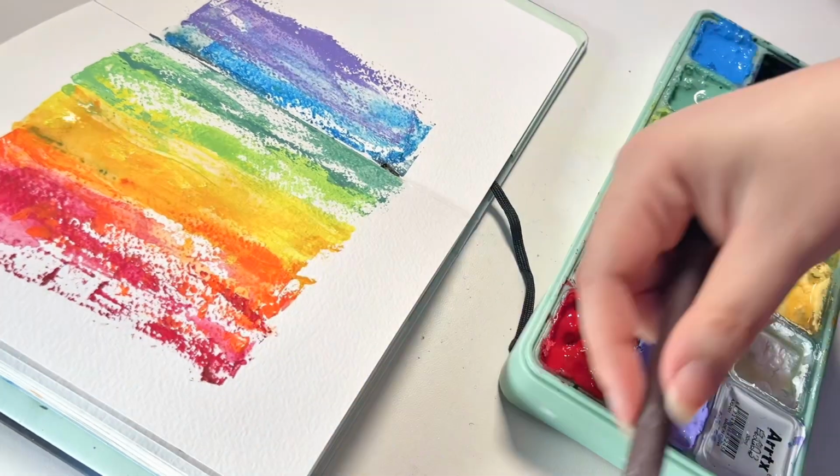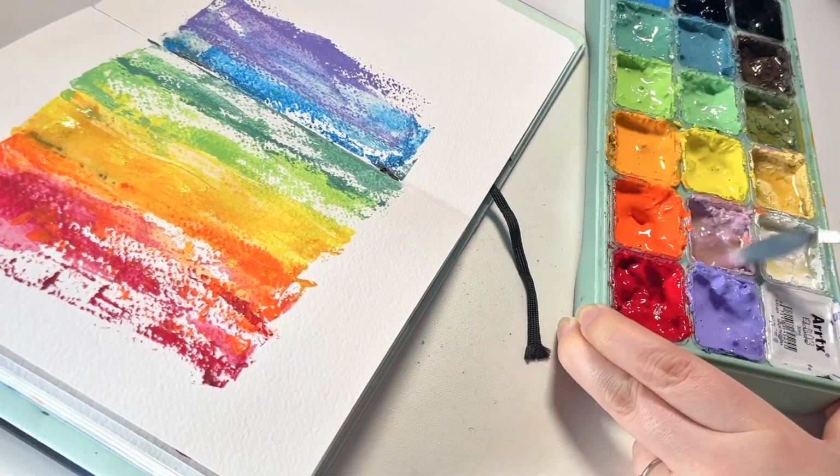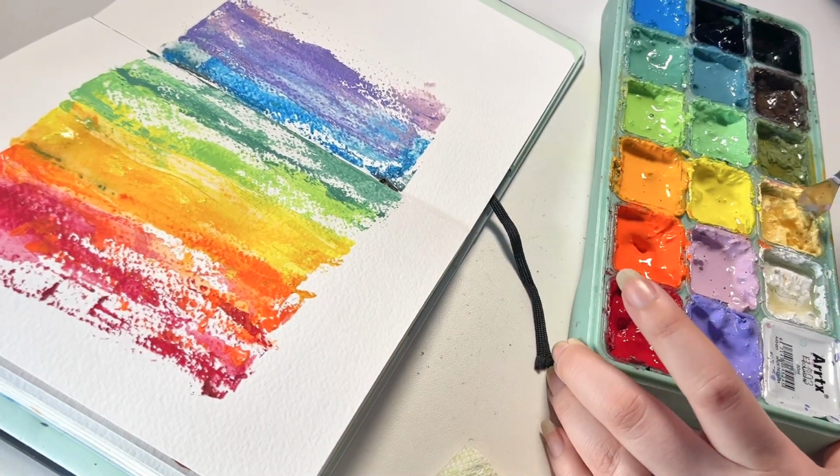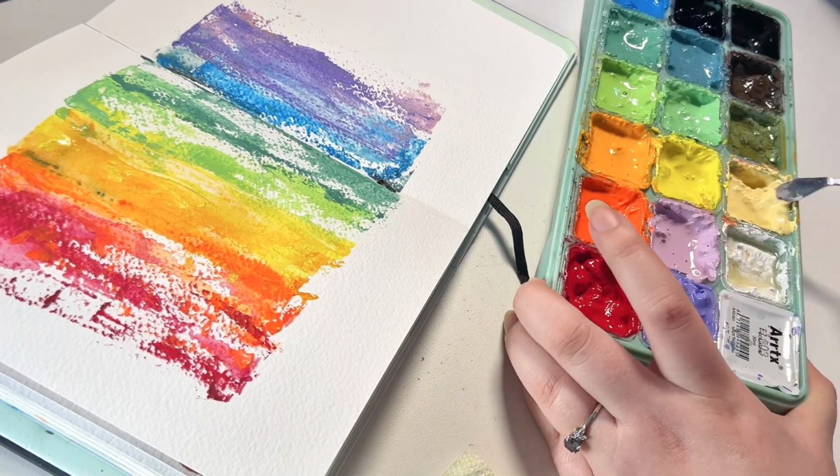I soaked them with a ton of water overnight, only to make them more malleable today, and I'm mixing each color with a special thingy. I can't think of the word right now, but you know what I mean. And I'm just kind of scraping the palette knife, and there it is,